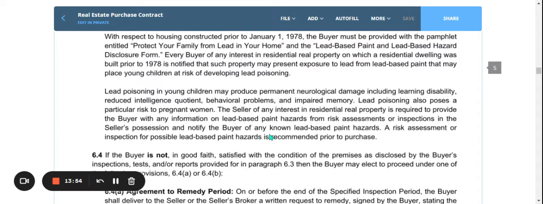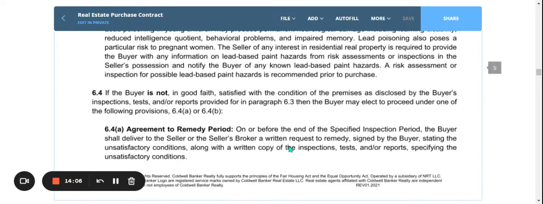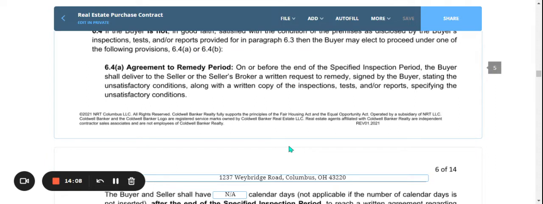Now, if you are not satisfied with what they're going to fix, or in general, if you're not satisfied with the items on your inspection report, that is a way you can get out of the contract. Honestly, the financing is the first way, and the appraisal is the second way, but this is another. I'm not telling you these ways because I like to waste time and get you into contract and do all that due diligence up front just so you can slide out of the contract. But I am telling you that if you really feel strongly that this house has too many things that you were not aware of,